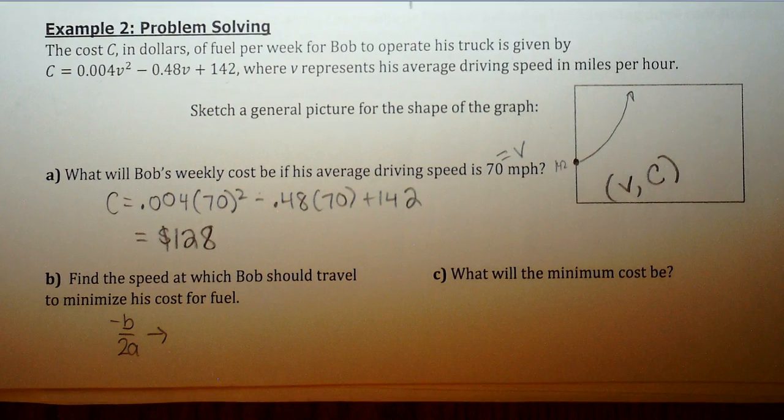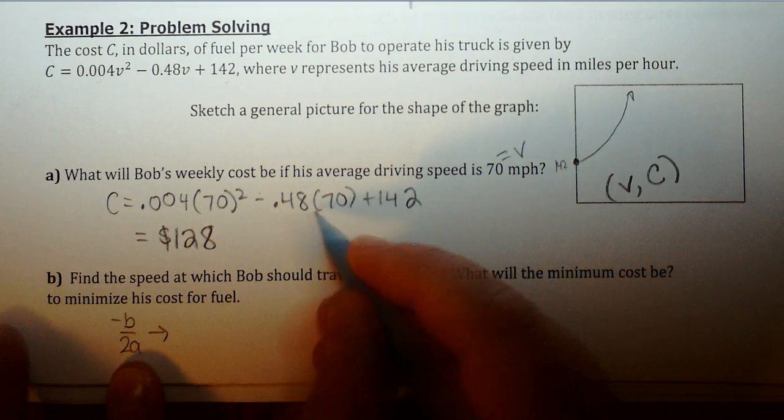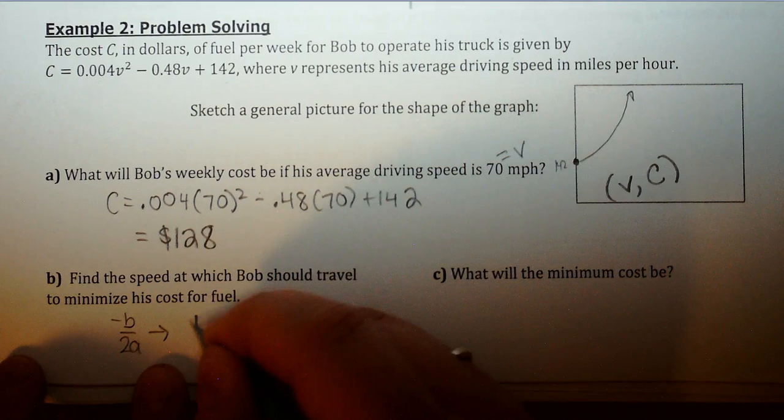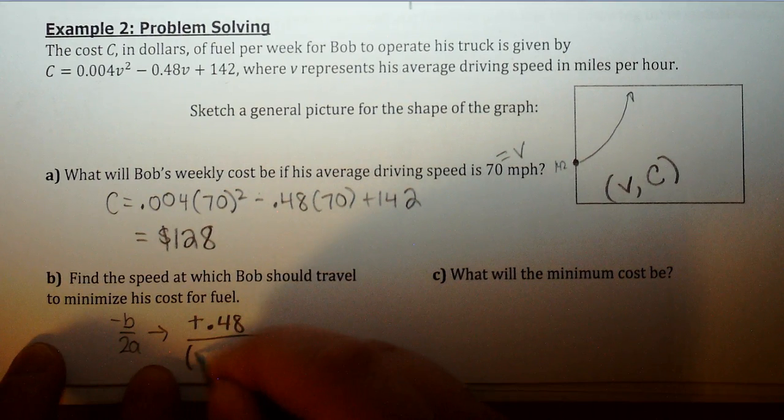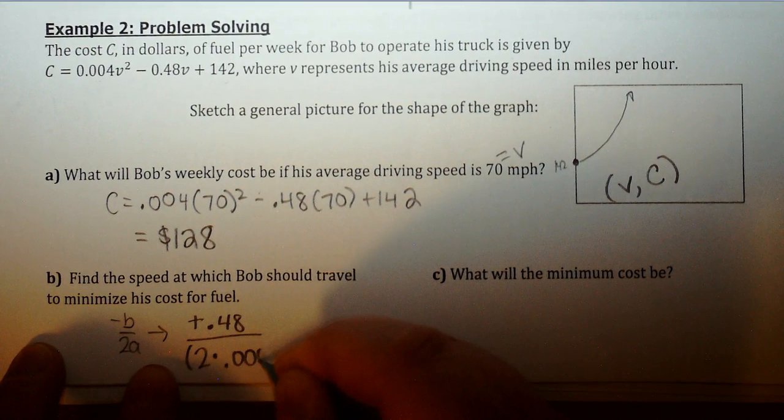So where we normally position our x coordinate is going to be the velocity or the speed, and where we normally position our y coordinate, that's going to be the cost. So if I plug this in here, this number is already negative, so I'm going to change this to be positive 0.48 divided by, and then again, put this in parentheses, 2 times that 0.004,